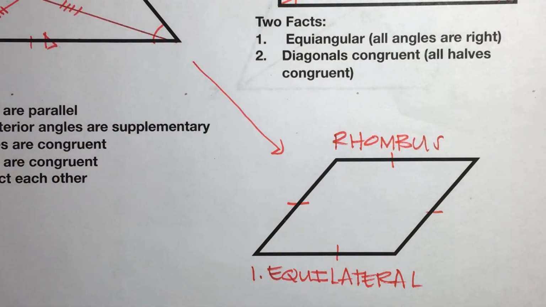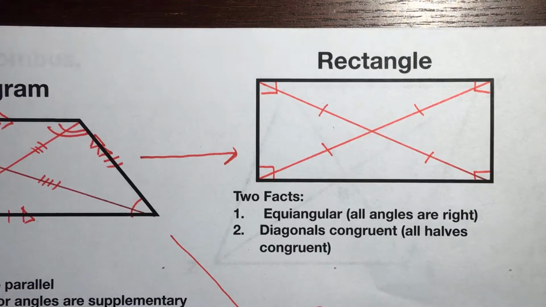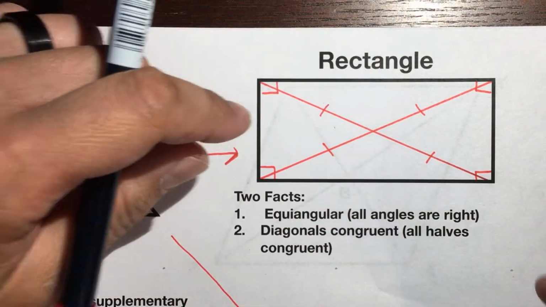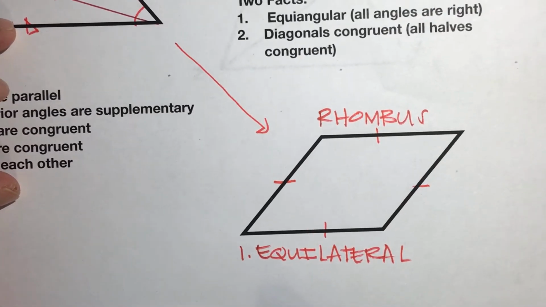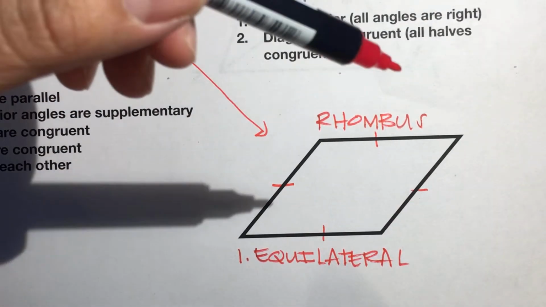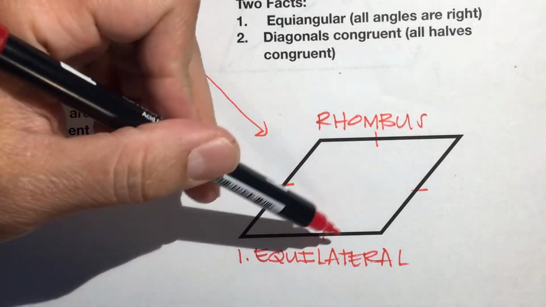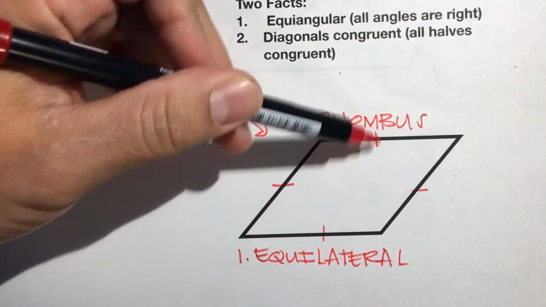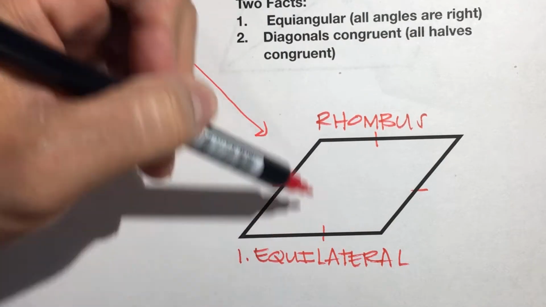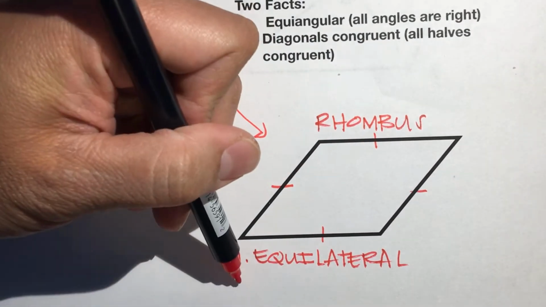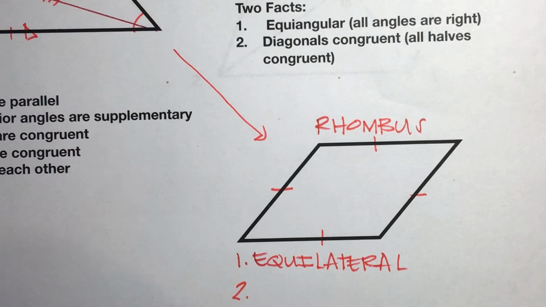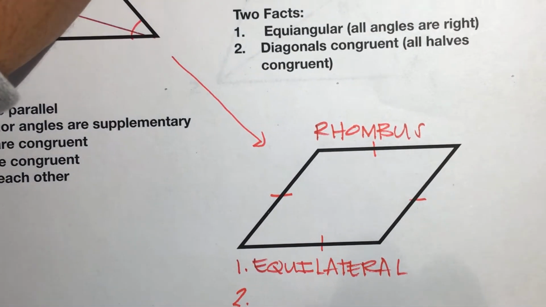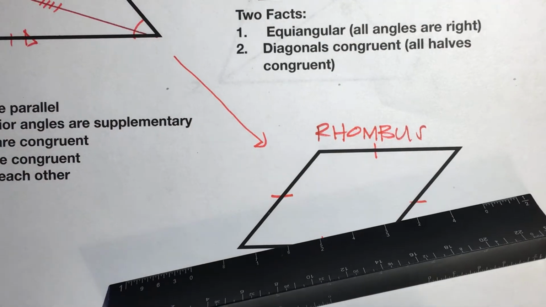Unlike a rectangle, not all 4 sides are congruent, only the opposite sides are congruent, as in a parallelogram. But with this rhombus, all 4 sides are the same. So the opposites and the adjacents are all congruent. Fact number 2. Now this one is a little tricky. In order for you to understand this one,